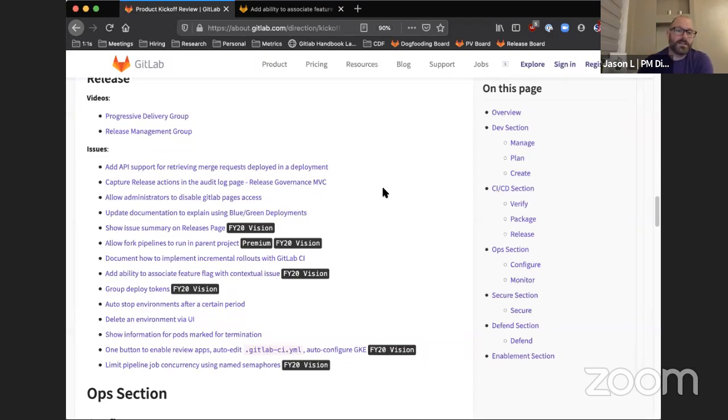And then finally, another nice improvement for when you're setting up your projects and trying to get things up and running quickly is group deploy tokens, which is this one here. At the moment, deploy tokens can be set up on a per project basis, but not at the group level. This is a very popular issue with 160 upvotes. And so it's going to be really, really nice to get this out there and help simplify CI configurations and CD configurations and just make it easy to get up and running, to deploy your group together.